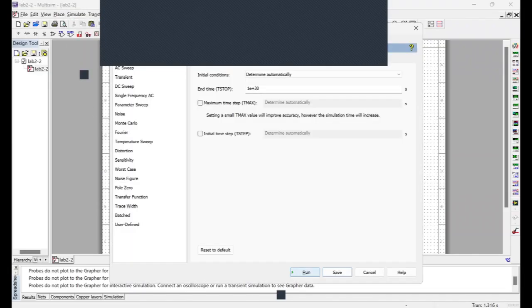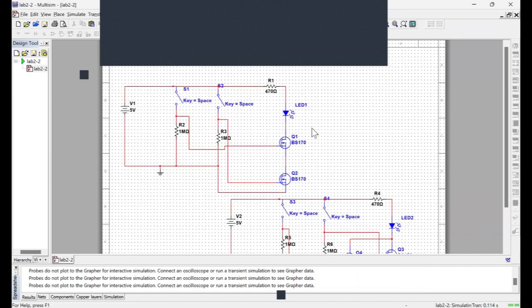Simulate, analyze, and run. Okay, now is run. When we see both of the inputs are 0, the LED is off. Now, if I trigger one of them,